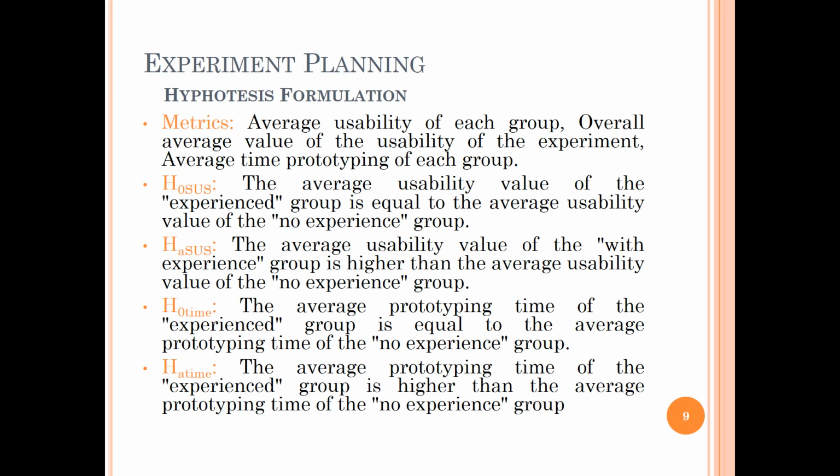Here we have metrics and hypotheses. Metrics: average usability of each group, overall average value of usability of the experiment, and average prototyping time of each group. Usability null hypothesis: the average usability value of the experienced group is equal to the average usability value of the non-experienced group. Usability alternative hypothesis: